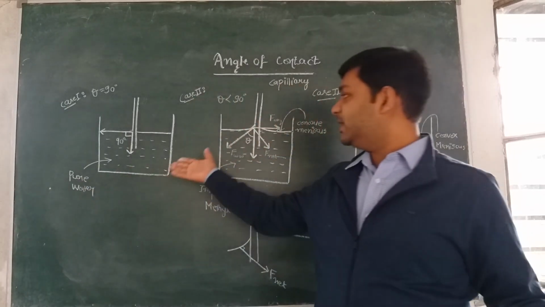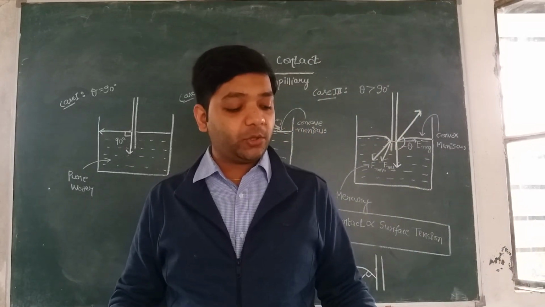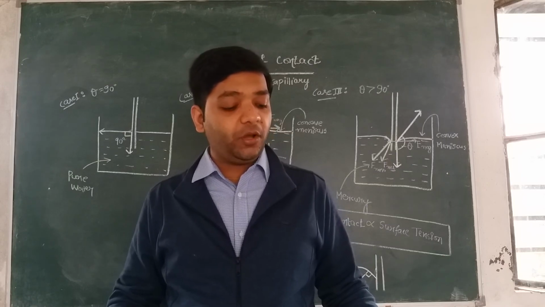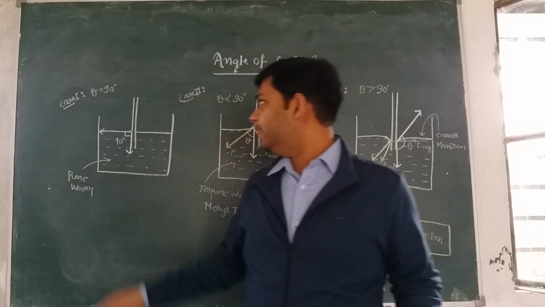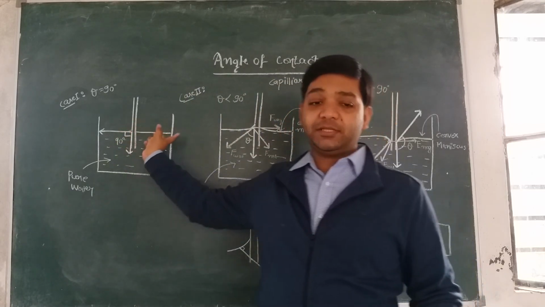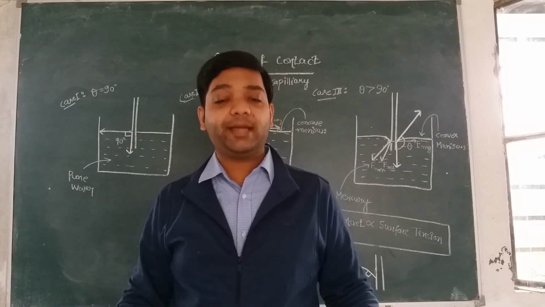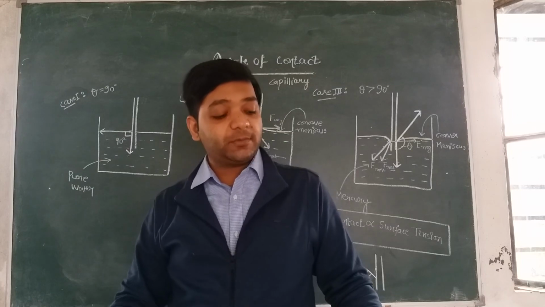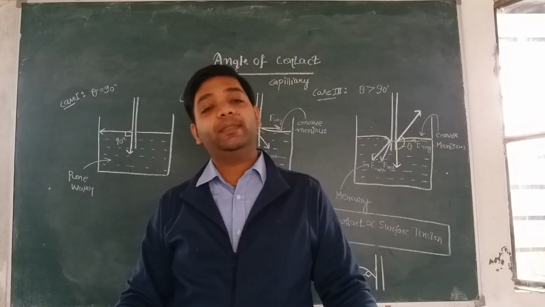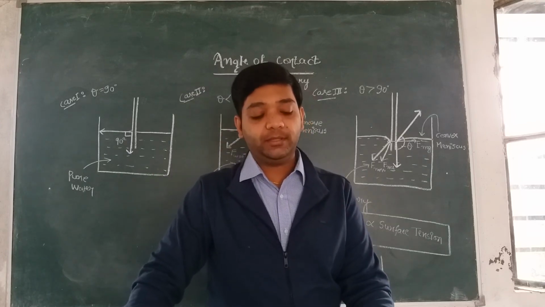The level of liquid in the capillary tube will be horizontal. The reason I have already explained to you. Next point, the liquid will neither fall nor rise in the capillary tube. See, the liquid surface is perfectly horizontal, so the liquid will neither fall nor rise in the capillary tube. Next point, the liquid will just wet the wall of the tube.